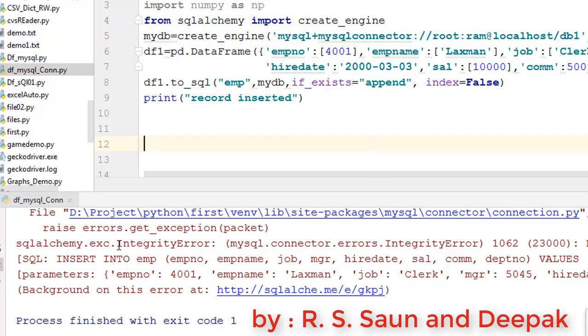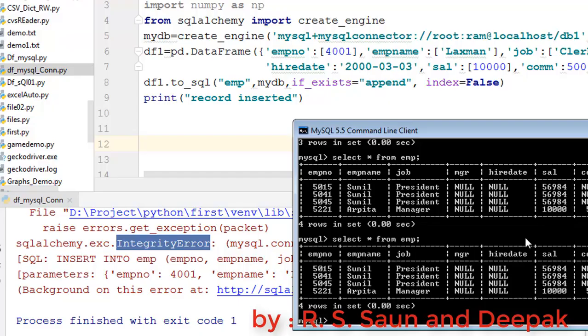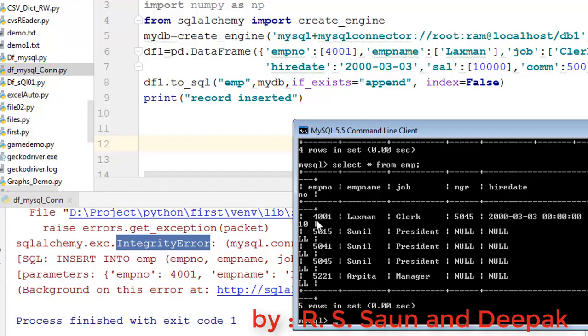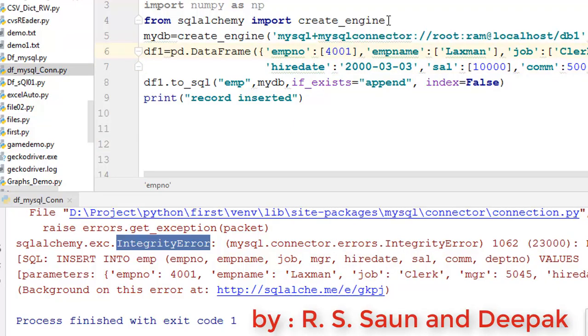If you check the end error, it is saying integrity error. Duplicate entry 4001. Let's see whether my database or table contains a 4001. It was not completely containing, but if you check it again, it is containing. So I must change this value to something else, that is 11, and instead of Lakshman, let's say Ram this time, clerk. Okay, he may be president,